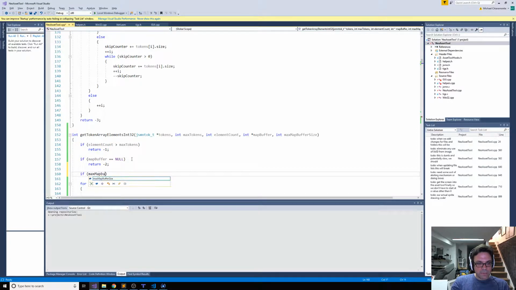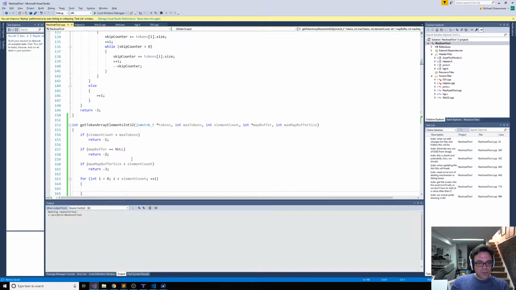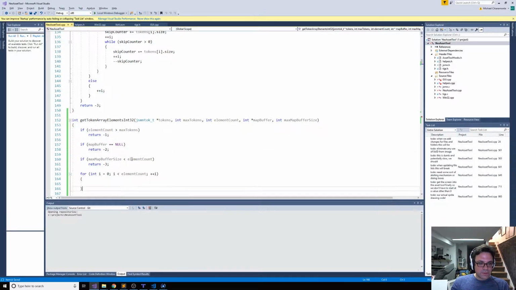So I'm going to make sure our buffer is okay. If max map buffer size is less than element count, right, we want to make sure that the map buffer can hold the number of elements that we actually have. We want to make sure that the map buffer is a valid pointer, or at least not null. And then we want to make sure that the element count is not more than our max tokens. And then once we've verified all of that, we just want to say map buffer I equals